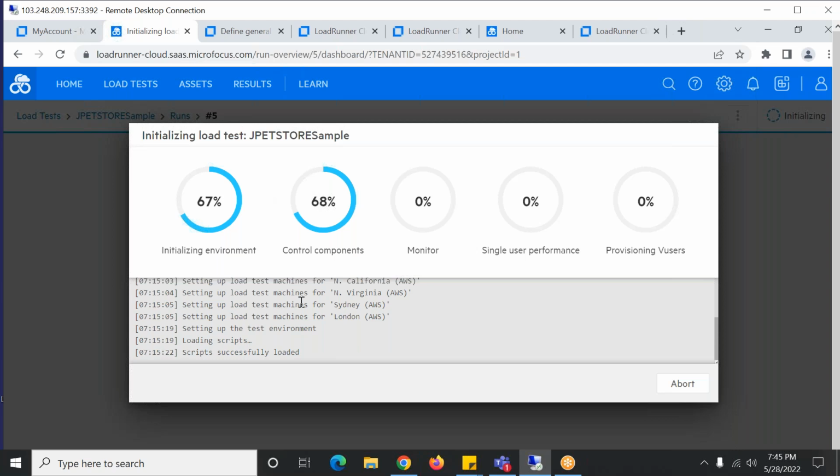So I have one question. In normal LoadRunner, we have three different tools: Virtual User Generator, Controller, and Analysis. So here in the cloud, is this a combination of all three tools? We can do all three activities here?